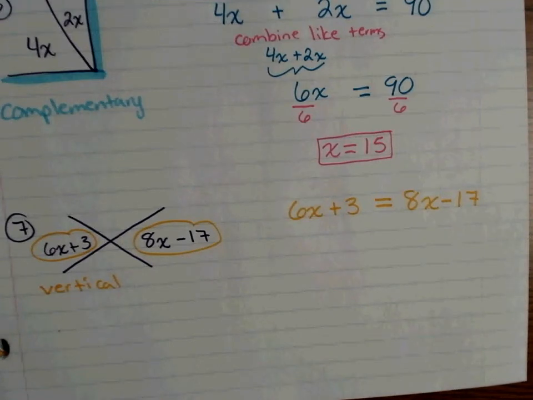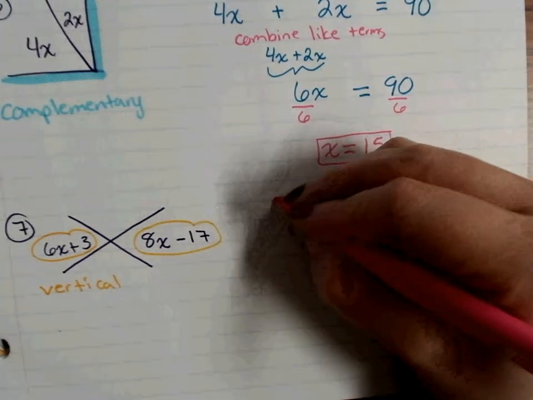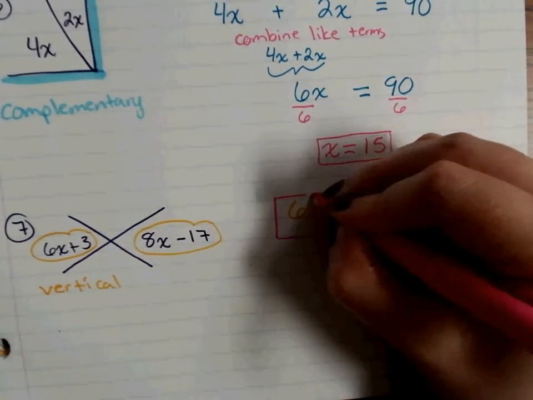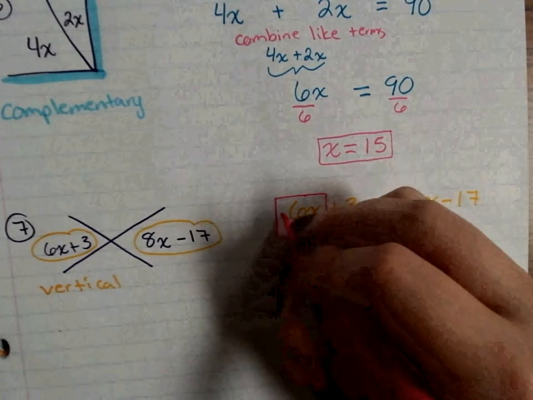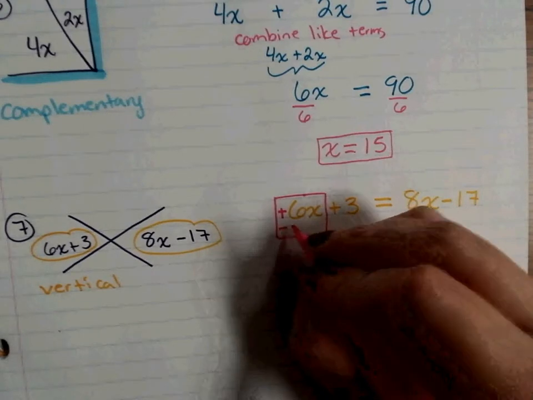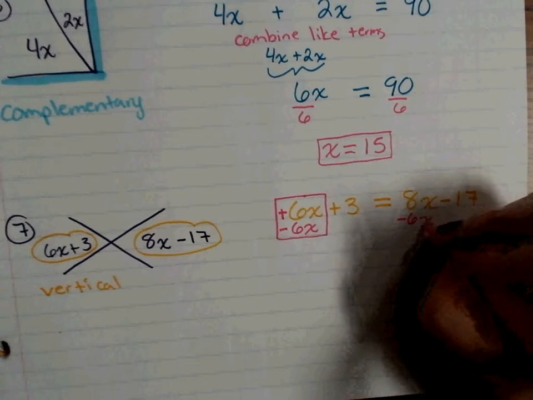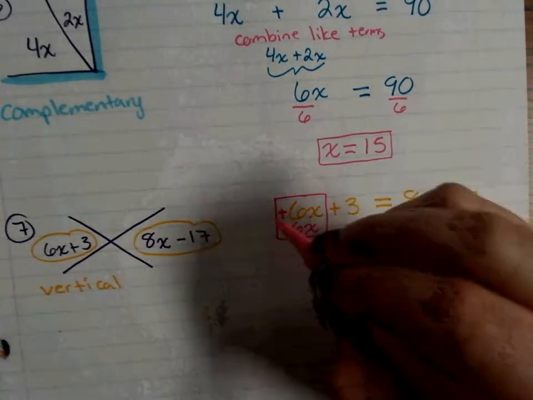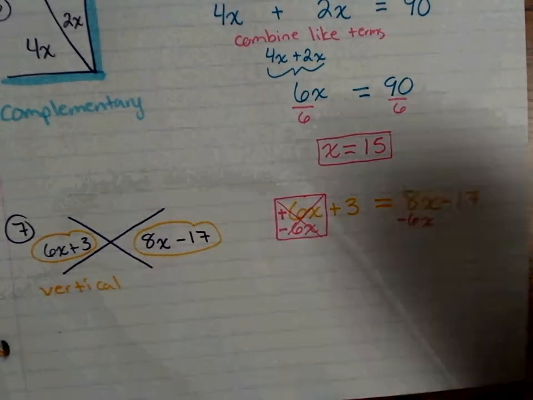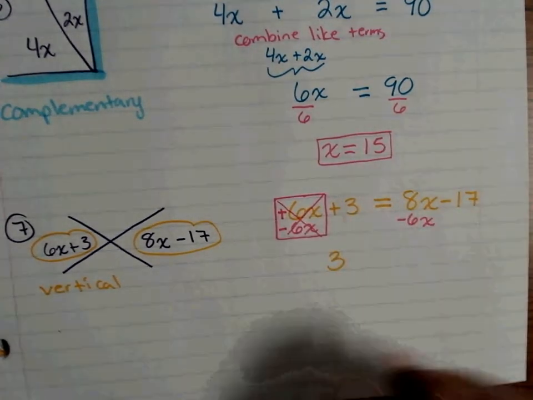You take the smaller of the 2 variables and you do the opposite operation to the other side. Which one's the smaller of the 2? 6x. So currently 6x, is it positive or negative? Positive. So it's almost like it's got a little plus sign in front of it. So the opposite of that is to subtract 6x from both sides because you need to get the variables over to the other side. So those will get canceled out, and now you're left with a positive 3